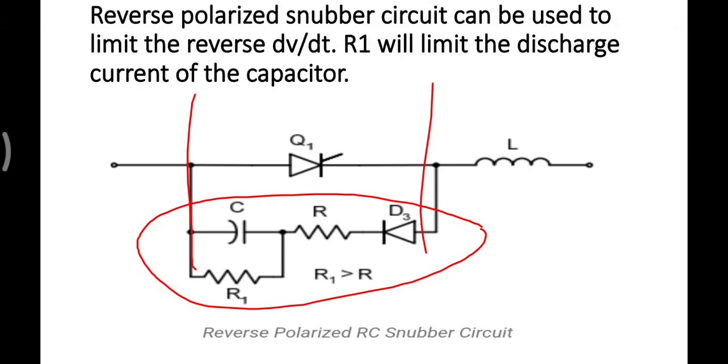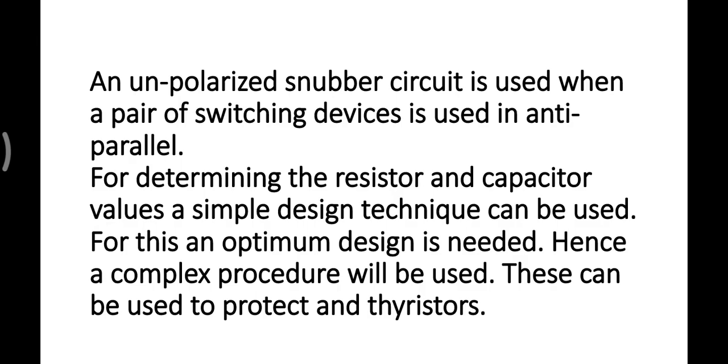Next, this is about the polarized snubber circuit. Next, let us see the unpolarized snubber circuit. An unpolarized snubber circuit is used when a pair of switching devices is used in anti-parallel. For determining the resistance and capacitance value, a simple technique can be used. For this, optimum designing is needed. Hence, a complex procedure will be used. This can be used